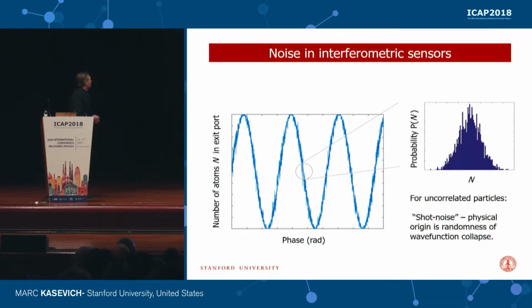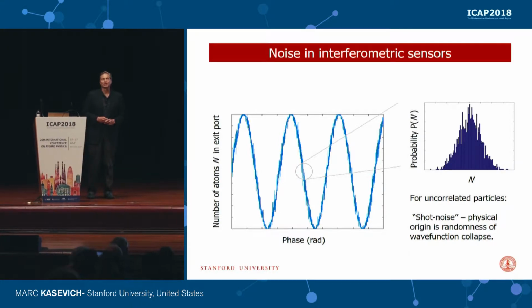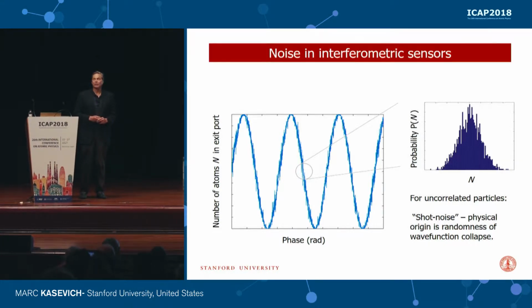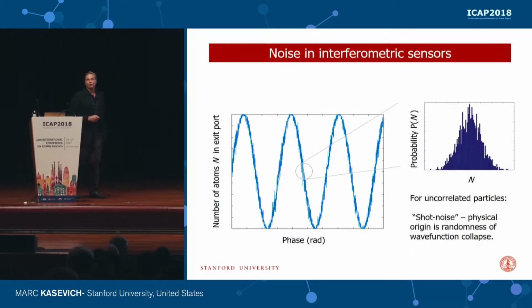So the horizontal axis is the phase, and the vertical axis is the number of atoms, in particular, detected in an excited state at the output of an interferometric sensor. And it's well known that for a given number of atoms, the ability to resolve the phase is given by the Poissonian statistics associated with wave function collapse, also known as shot noise. So for example, if we are sitting on the side of a fringe and want to determine the phase of this